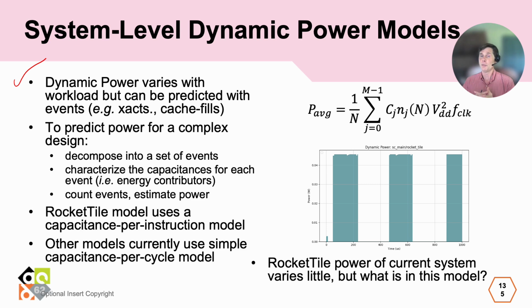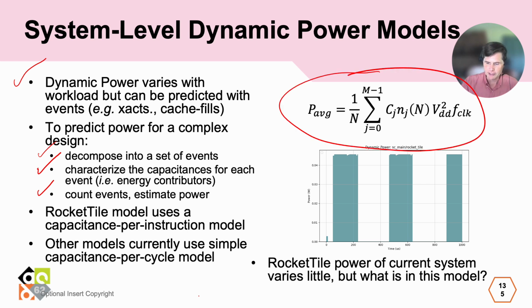So if you want to predict the power in that piece of IP, you need to decompose the power energy into a set of different events, and then you need to characterize the switched capacitances for each one of those energy consuming events. And these are what are called the energy contributors in IEEE 2416. And then to predict the power, you just have to simulate to count those events and then estimate the power